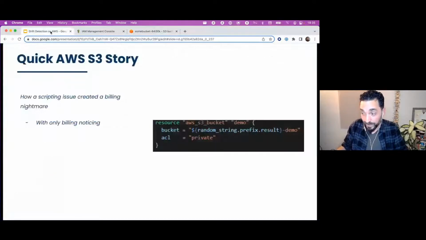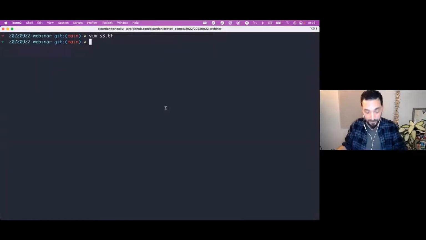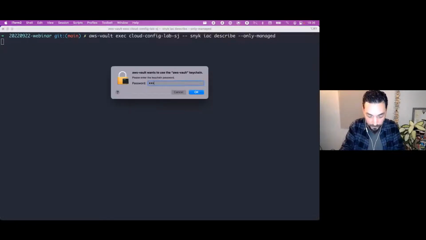Guess what? That team actually had a recurring check, a recurring Terraform, not apply, but plan, or maybe they had apply. I don't remember exactly. But what happens when you do this? If you use only describe only unmanaged, this resource is managed, so it won't become an unmanaged resource just because you change a setting. So that's why we have a different switch